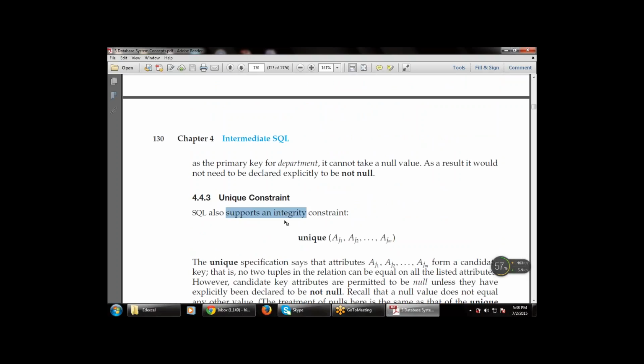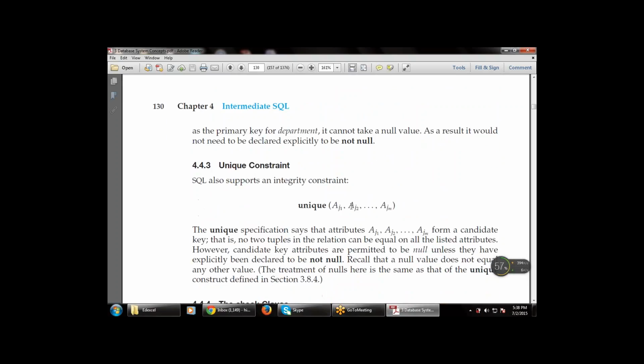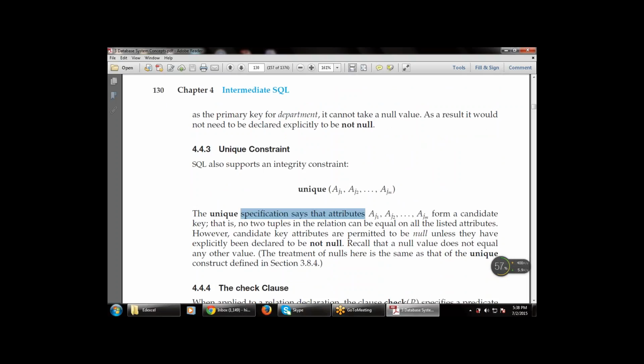SQL also supports an integrity constraint, that is unique (Aj1, Aj2, ..., Ajm). The unique specification says that the attributes form a candidate key, that is, no two tuples in the relation can be equal on all the listed attributes. However, the candidate key attributes are permitted to be null unless they have explicitly been declared to be